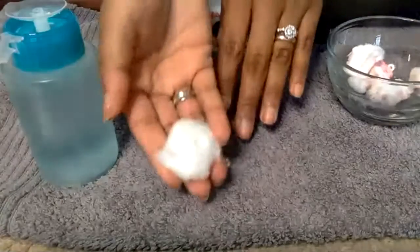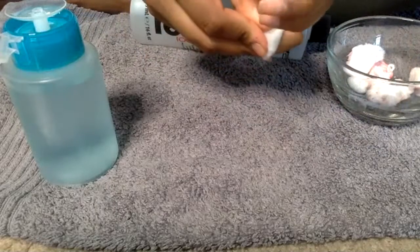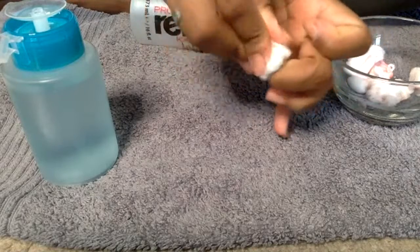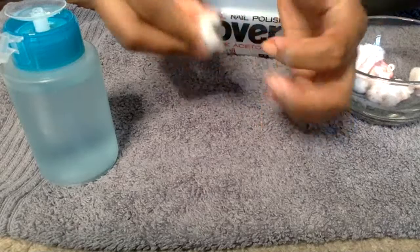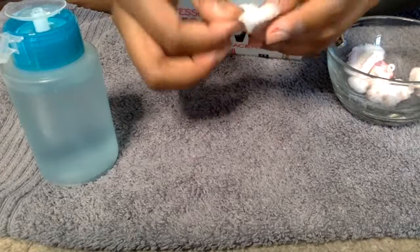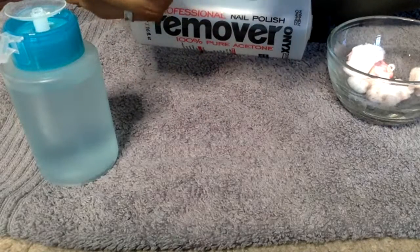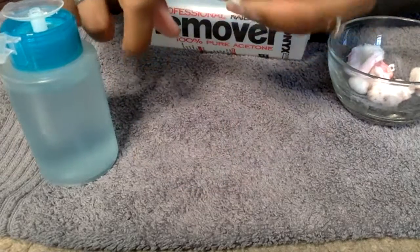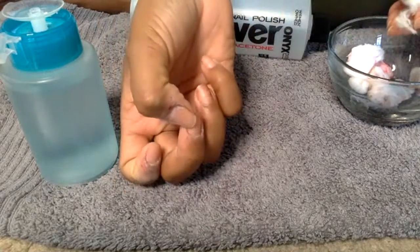So I'm going to take another clean cotton ball to clean up all the little bit of mess. So whether it's the little bit of glitter I have left or a little bit of color left over, it's always good to have that one last clean cotton ball to get all of it off before you start buffing and polishing again. It may look like it's nothing on this cotton ball, but it actually is. There's a lot of little fine glitters that I'm getting off and a little bit of brown that's still stuck in my cuticle